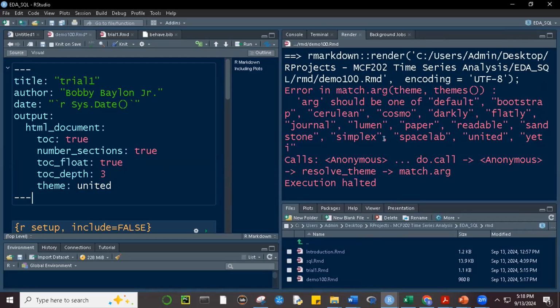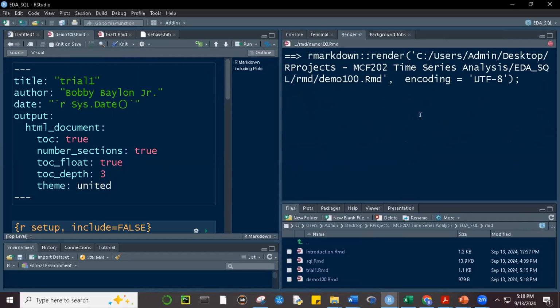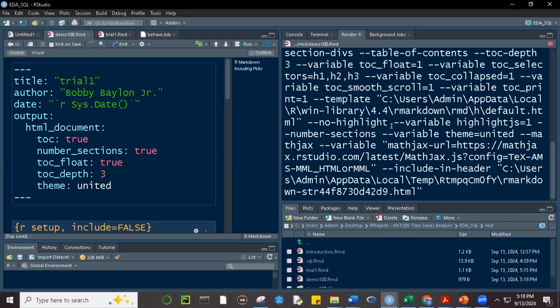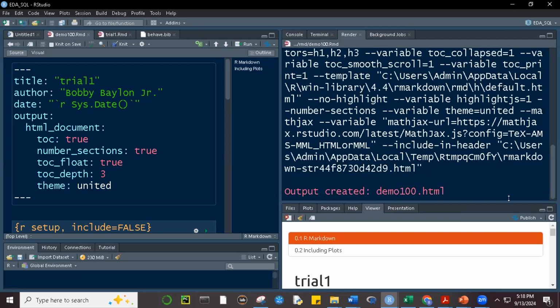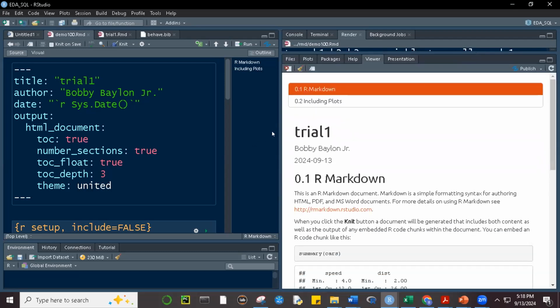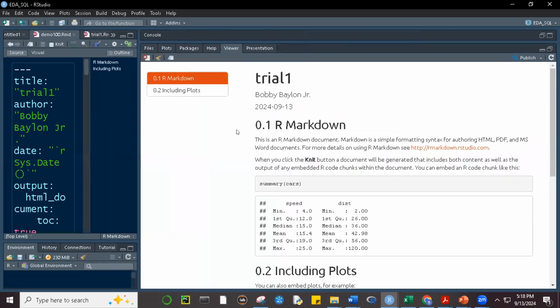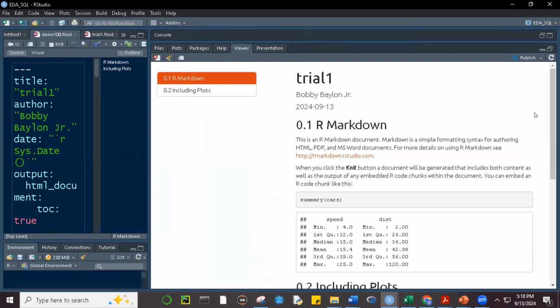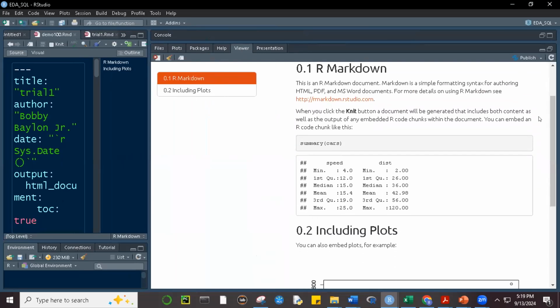All right, so let me knit it again. Okay, it will continue now. So it's processing, and then there you go. It's printed now to our viewer. So this is your floating table of contents. If I click this, it will go to